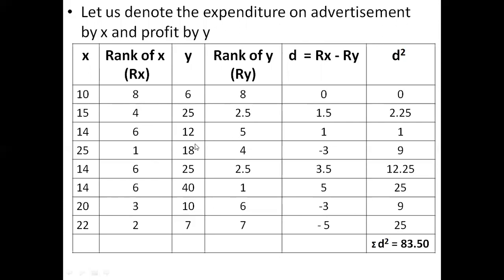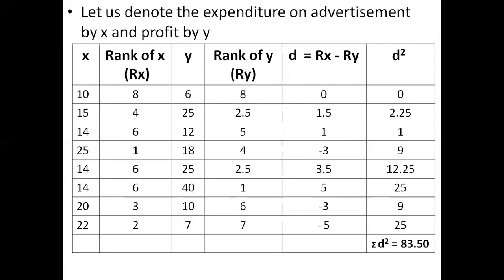सिमिलरली यहाँ पर 2 और 3 रैंक किसी को भी नहीं दी जाएगी. इसका जो एवरेज है वो 2.5 है, वही 25 के आगे मेंशन होगा 2 टाइम्स, दोनों 25 के आगे, और उसके बाद जो नेक्स्ट रैंक आएगी वो 4, 5, 6, 7, 8. In that manner we rank the other values in the data set. After this the method is same to calculate the value of d square.